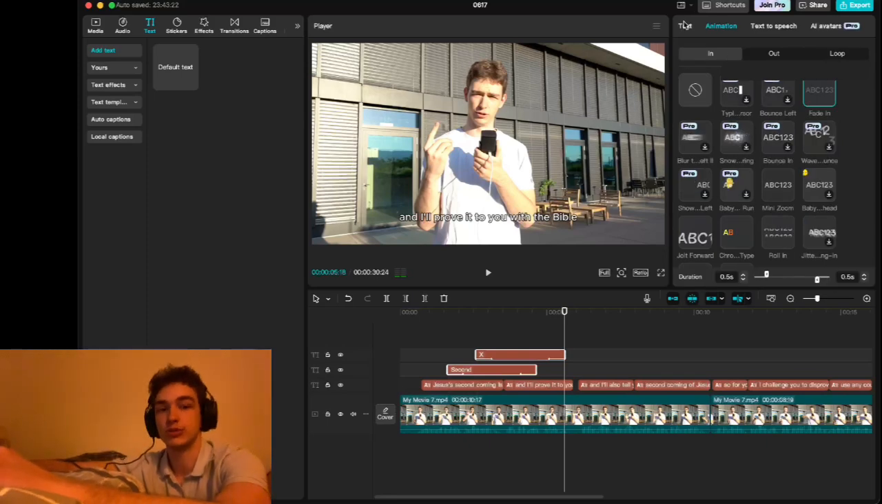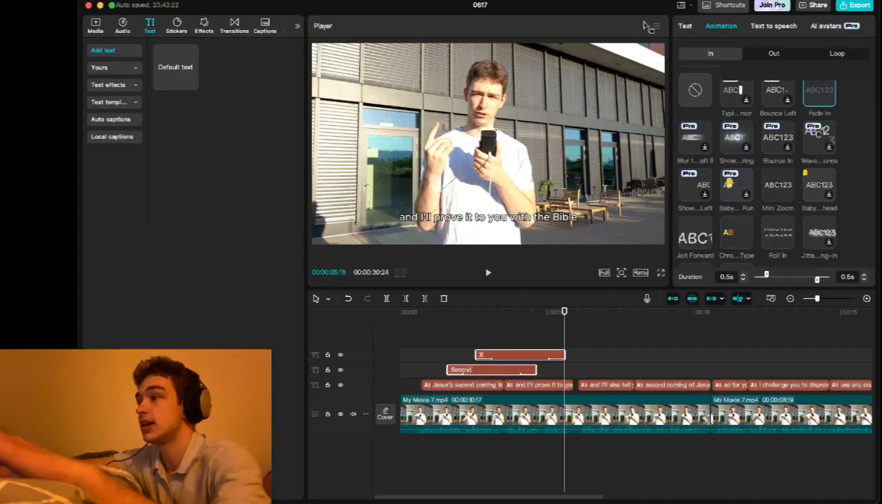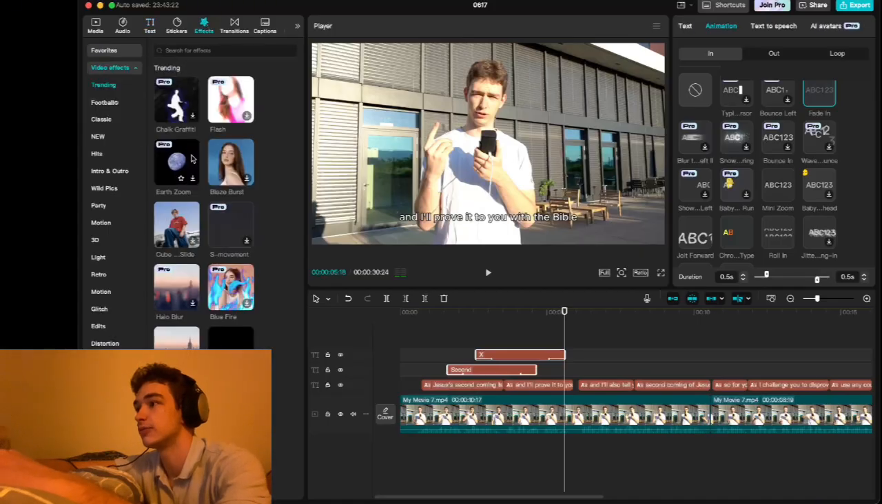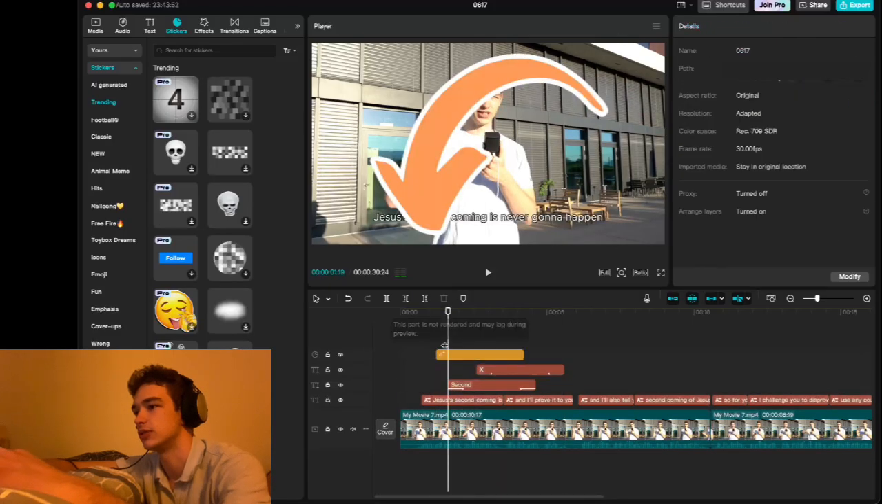Just scroll around, but don't over edit anything, and take the simplest transitions and the simplest effects. You can find a bunch of effects here, but I'll show you the ones that are relevant and that actually work nicely. Forget the stickers unless you really need an arrow or something, like an arrow that you point to